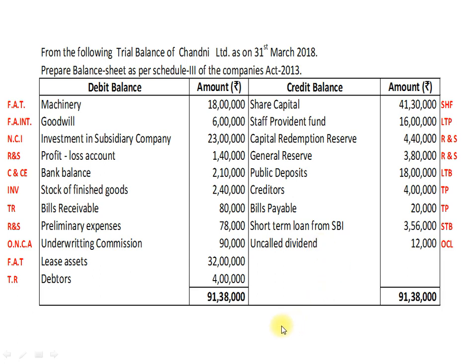After understanding the headings and subheadings of trial balance item, we will now prepare a vertical balance sheet. My dear students, in this particular example, I have ignored preparation of notes to balance sheet because normally when more than one item belongs to one particular head, we prepare notes. Otherwise, we can directly put financial items into balance sheet. So here we are going to prepare vertical balance sheet from these data directly.